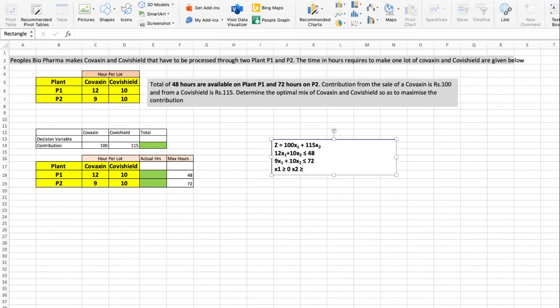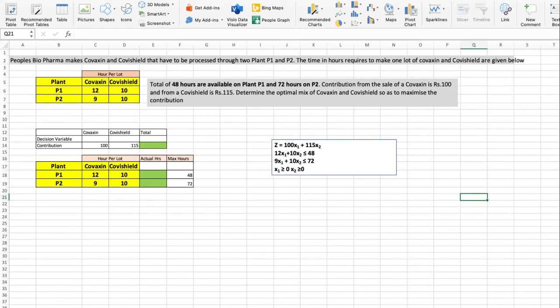All right. So make it a subscript. So we made the equations.